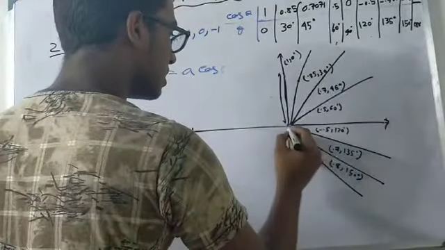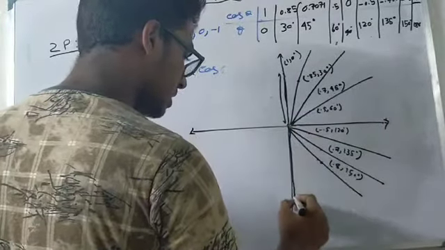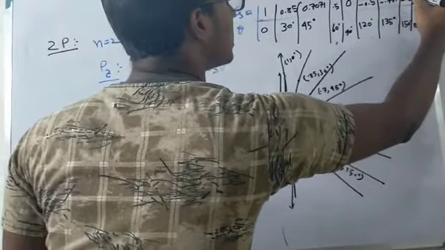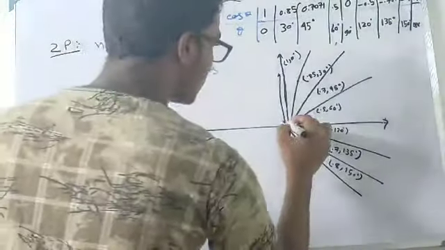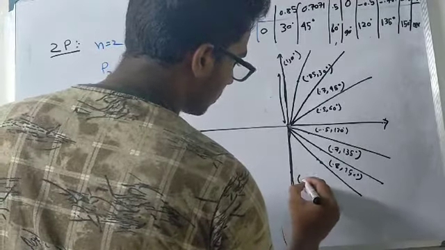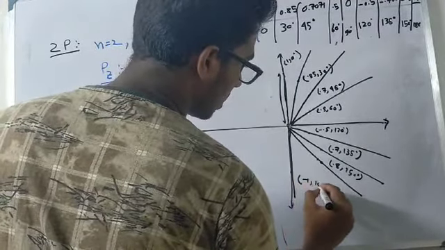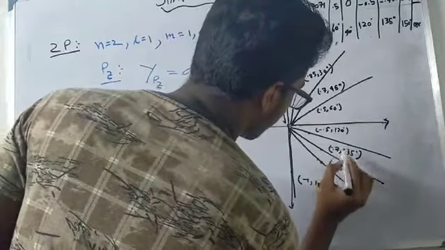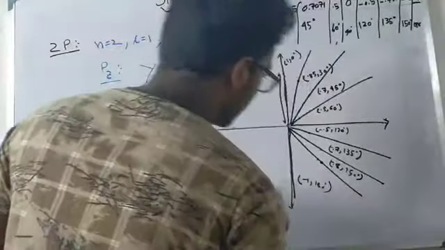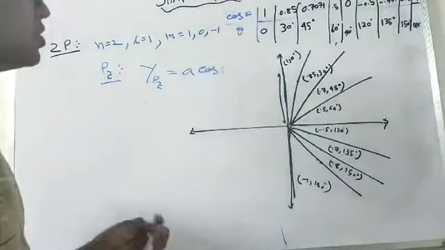180 degree, so this is 180 degree direction, and the value is, sorry, this is minus 1, cos 180 degree equals minus 1. If this is 1, then this direction is minus 1, so this point is minus 1, 180 degree. Okay, so if I just draw these points,